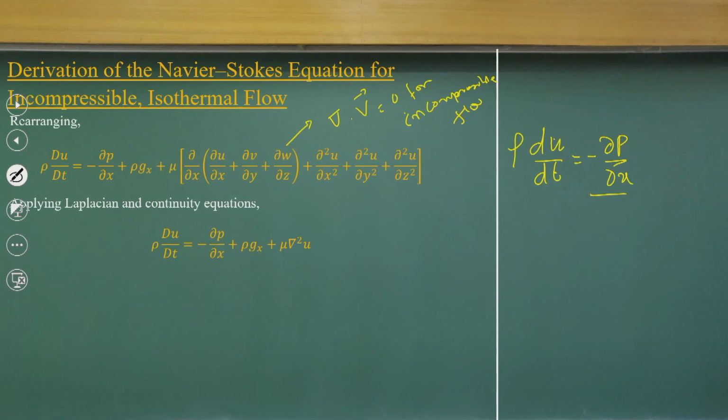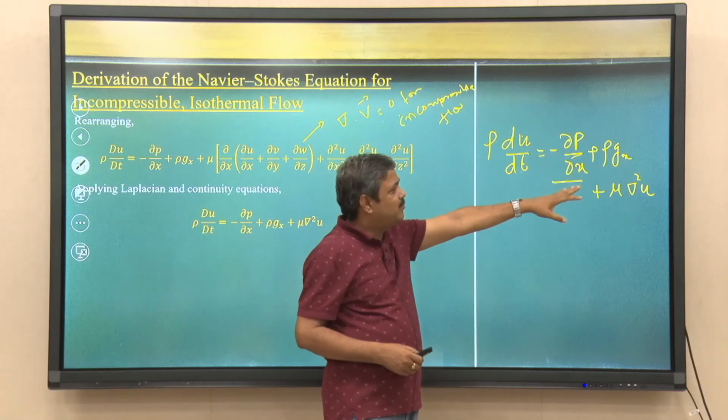This is the force component because of the pressure gradient, rho g x, then we are getting mu times the Laplace operator of u. So, mu is a constant for us, as we consider the isothermal case. So, we are getting the additional components, which are the shear stress components,